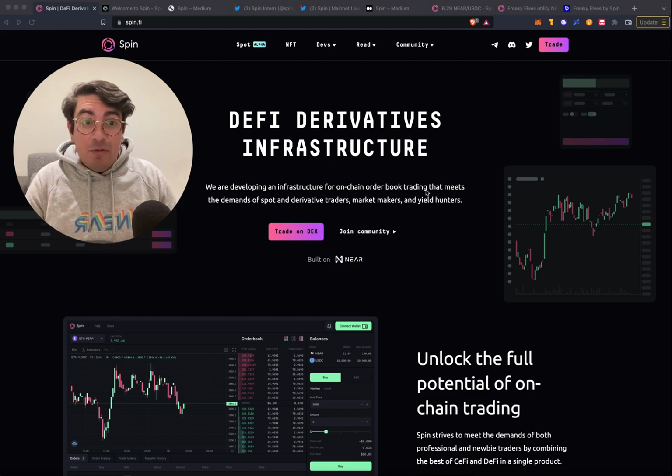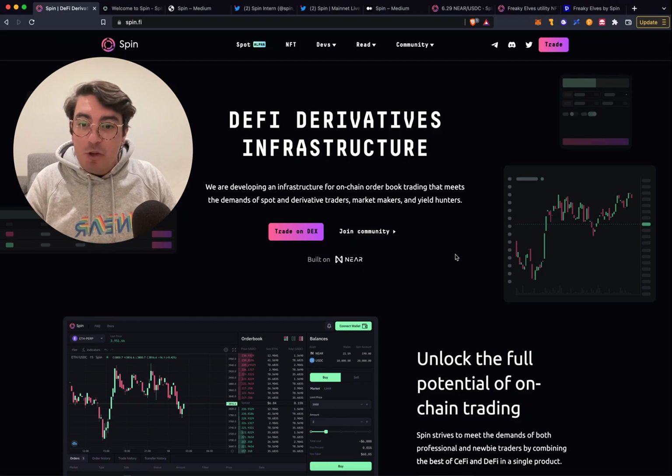Spin Finance is the first of several projects that are finally starting to deliver on that vision of what things could be, and I'm super keen to see how the technology is put to the test and see how the blockchain performs. So first we're going to be covering what is a decentralized exchange and what problem it is trying to solve. And then we're going to do a bit of a deep dive into what is available now and what we can expect in the future.